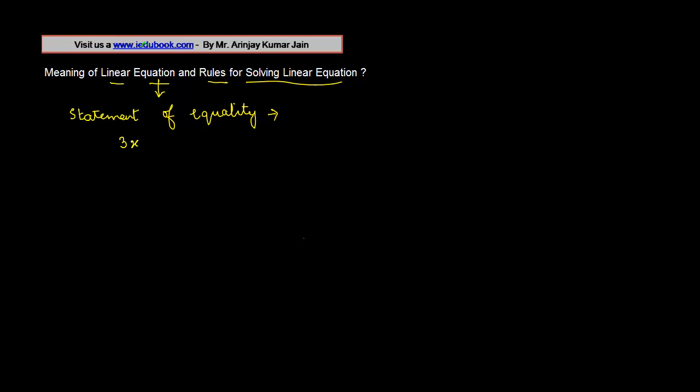Let's say you have 3x plus 5 is equal to 20. This is a statement of equality, meaning that the side which is to the left of this equal sign, known as the left hand side, is equal to the side on the right side of this, also known as the right hand side, right? So an equation is basically a statement of equality in which